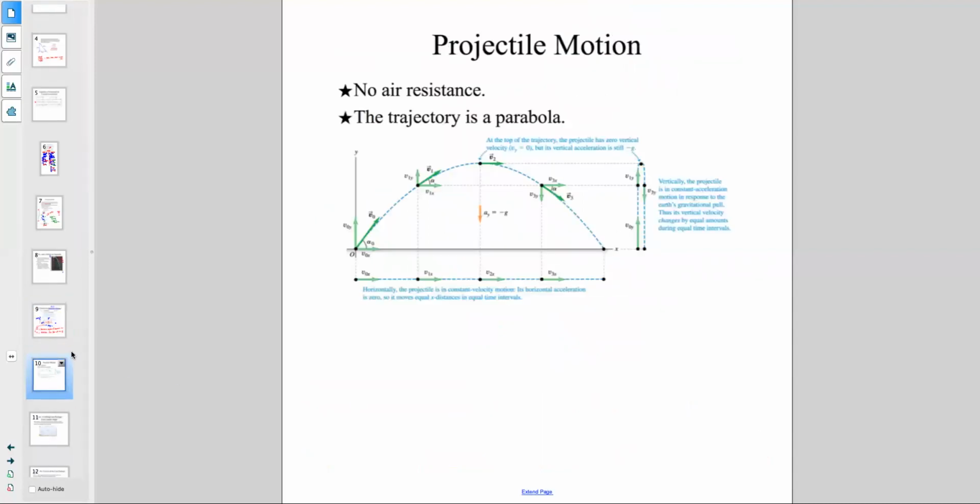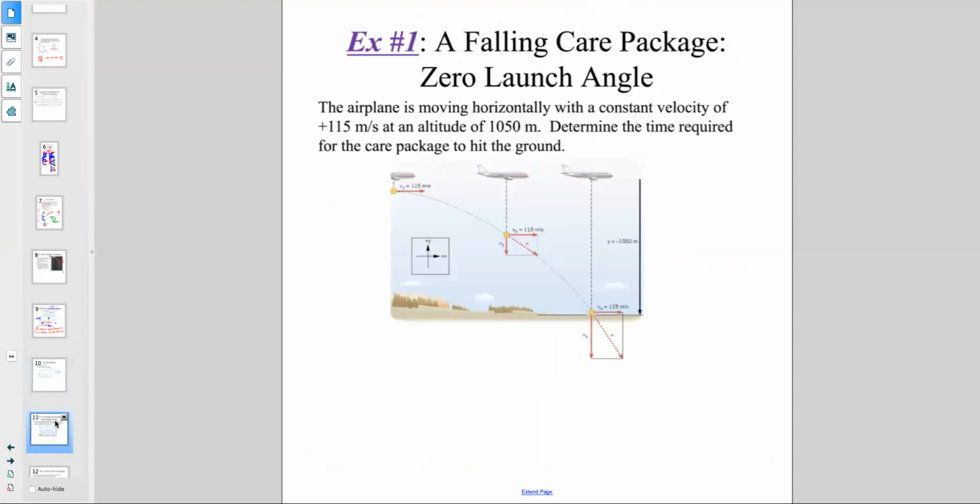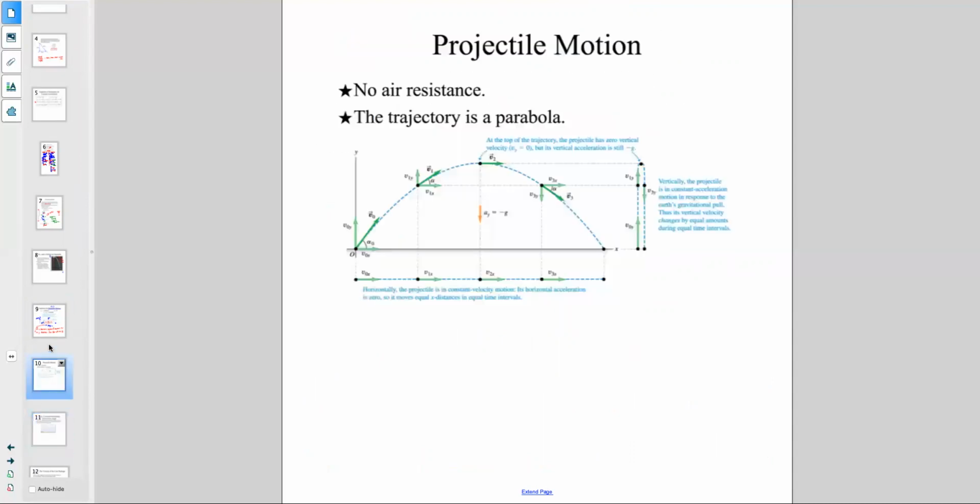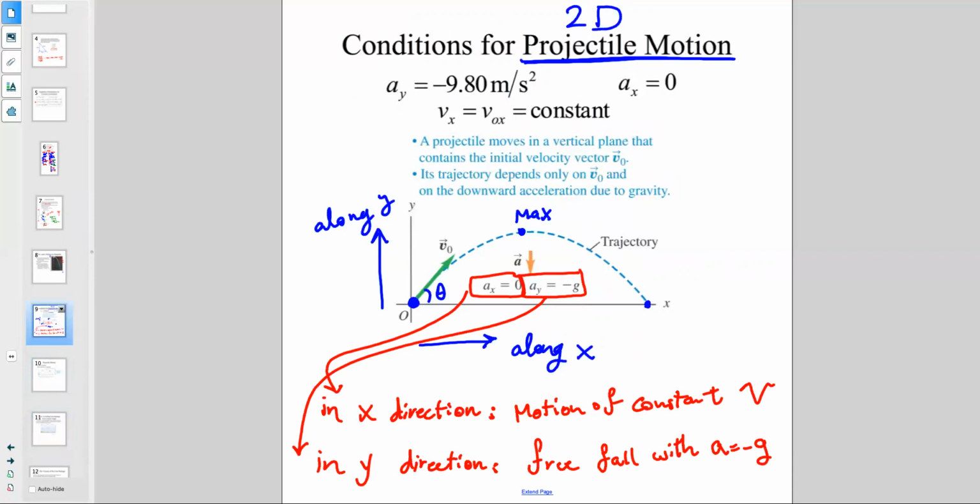So here is a point that I would like to add a page here and talk about projectile motion a little bit. There are three types of projectile motions, or motion in two dimensions, as I can call them. So the first one is the type of motion that you have